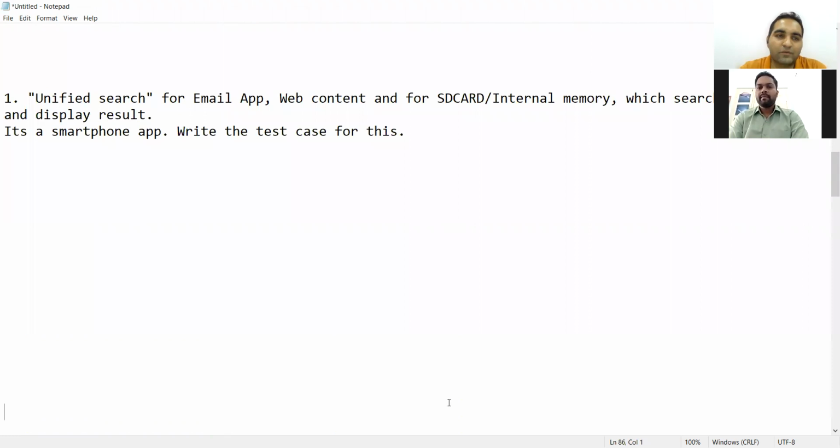Okay. Now moving to the next question. Now you have to perform testing on one of the search features in a smartphone application. So you have been given a mobile phone. It's an Android based phone and you have to test the search feature. In that particular mobile phone, one application is there and you have to perform testing on that search functionality